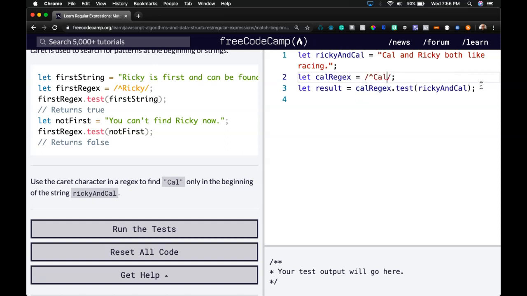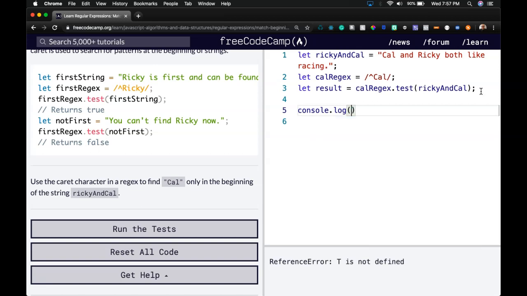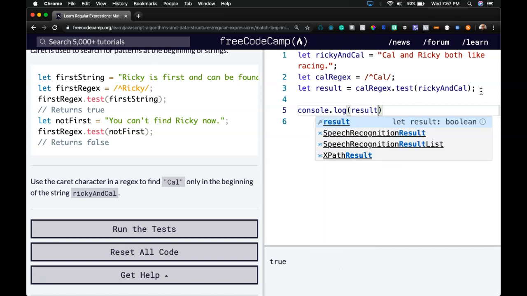Then we should be able to return true now because it is there in the front. Console log. So we do get true,